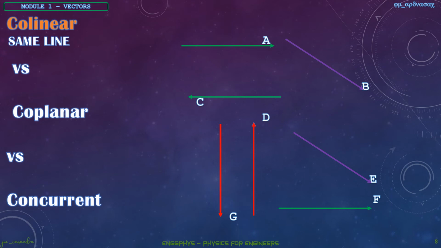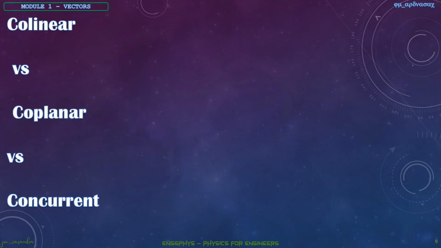So as you can see, it's not necessary that the vectors should be pointing in the same direction in order for us to say that it is collinear. As long as it's lying on the same line, no matter what the direction is, they are considered collinear. Okay? So next one, we have our